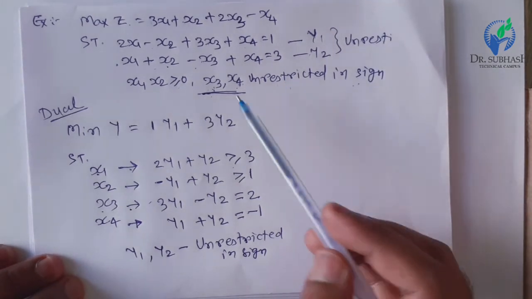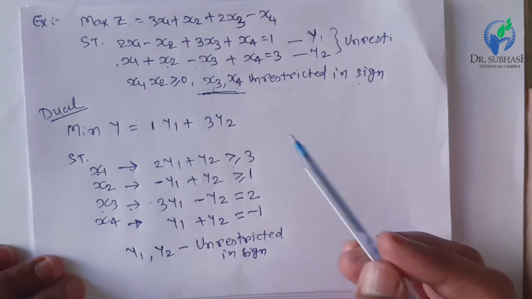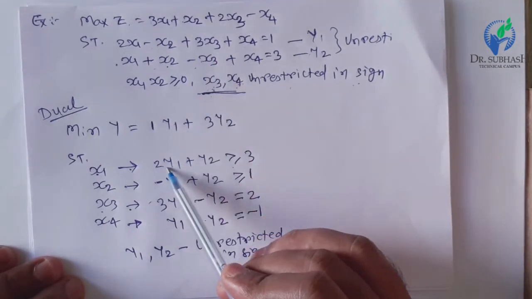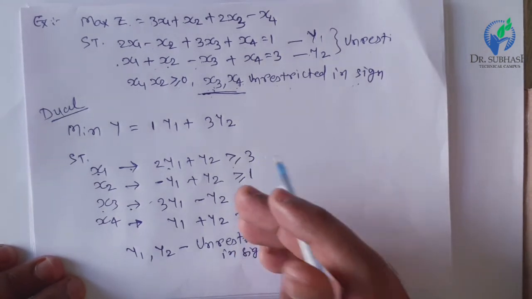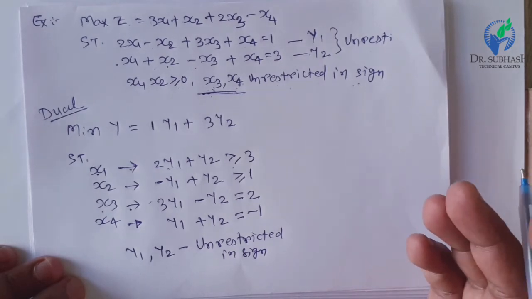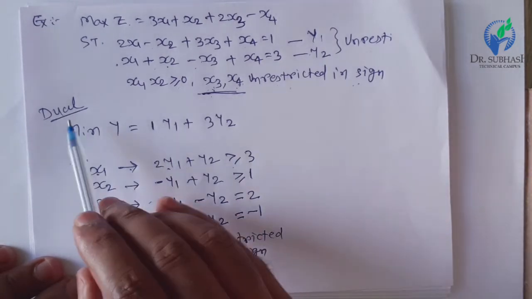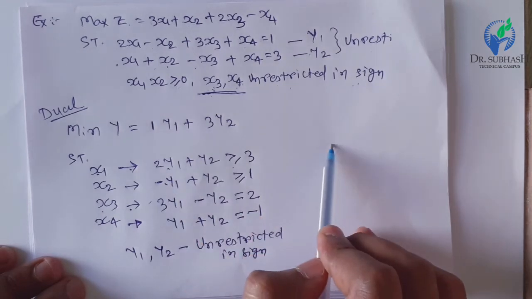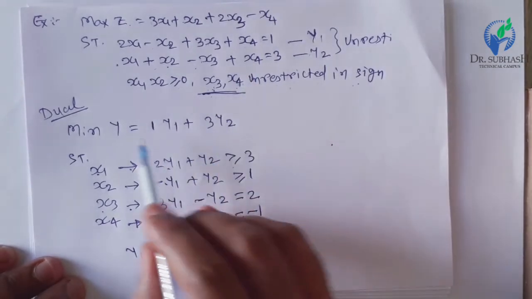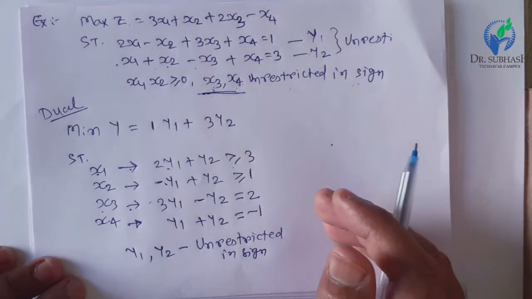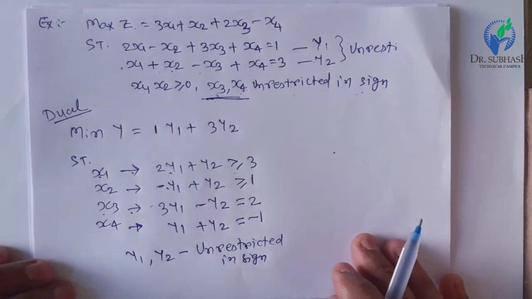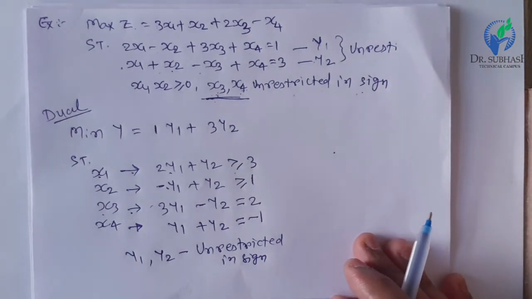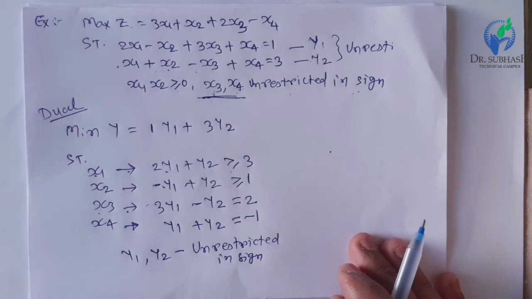How to convert and solve any primal into the dual. Ultimately we cannot say which is primal or dual, but the data given would be a primal, and when we convert it into a dual, it would be a dual problem. Because when you convert this dual into a dual again, it would be the primal, as the dual of the dual is the primal. So sometimes it is very difficult to say which problem is primal or dual, but we will consider the given data as the primal of the problem. So this is called duality.